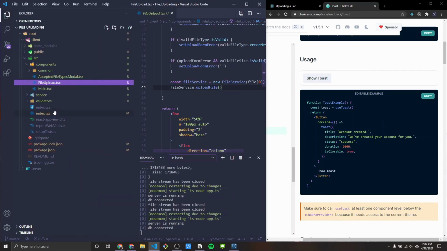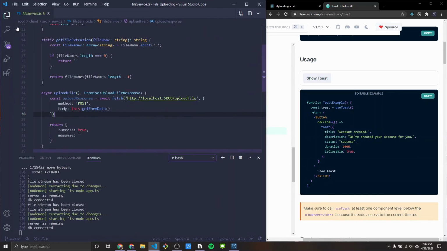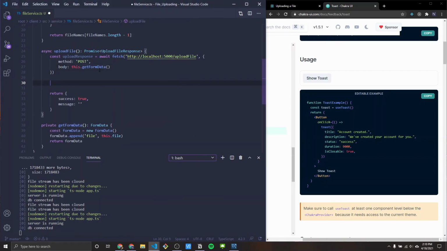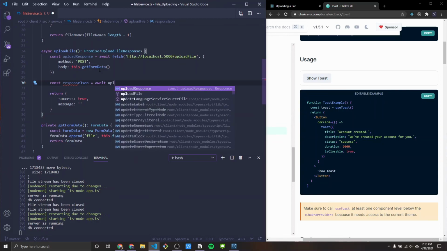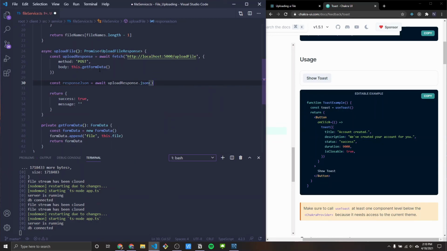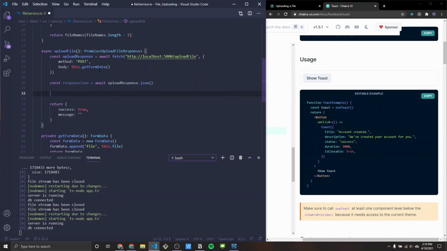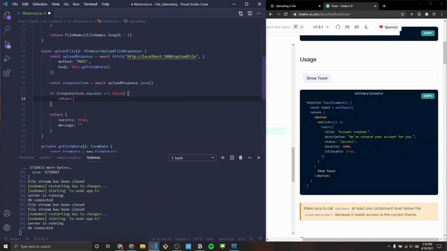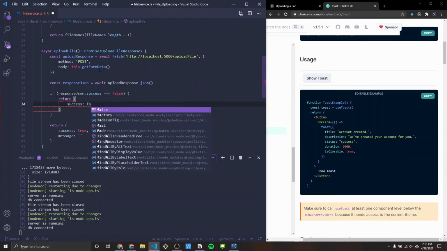We do need to add some stuff to the upload file because we're technically always returning true. So what we need to do here, let's convert this to JSON. Upload response.json. And then we will return. So we'll say if response.json.success is false, then we would return success false,